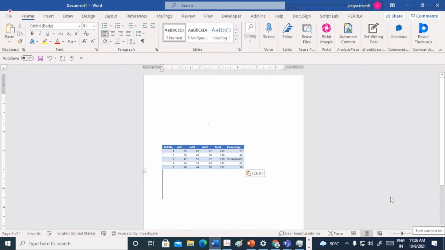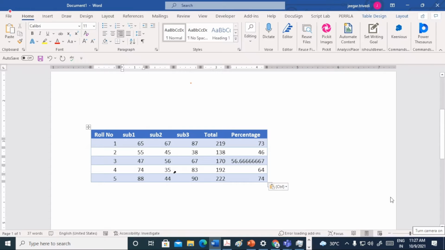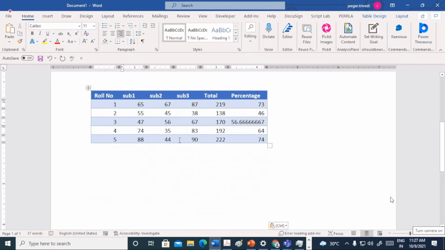When I copy and put it into Word, what I am getting is the values. Now if I change the value over here, let me change it to 0. Does the total change? No. Does the percentage change? No. So this is not what we want, right?